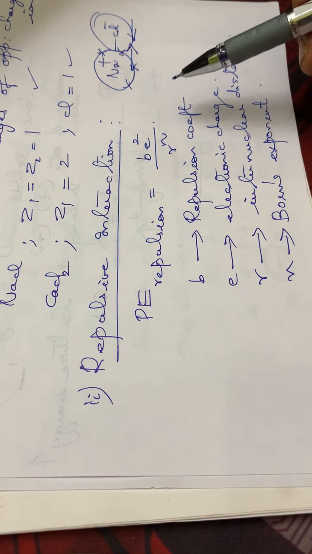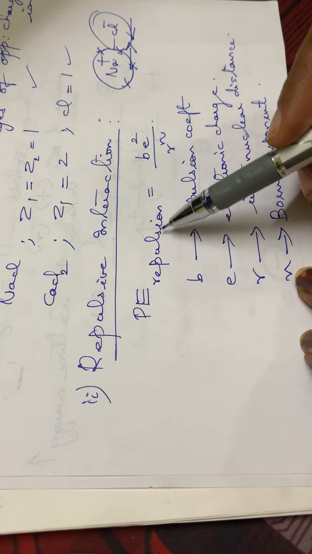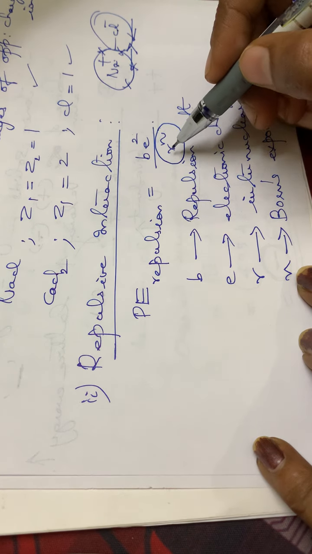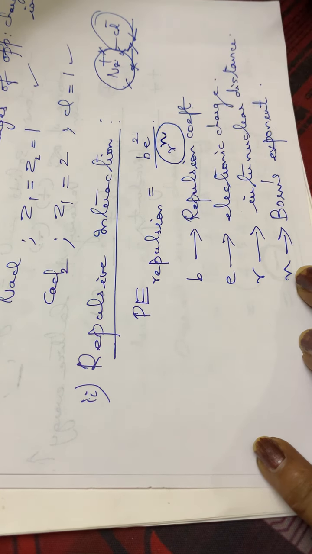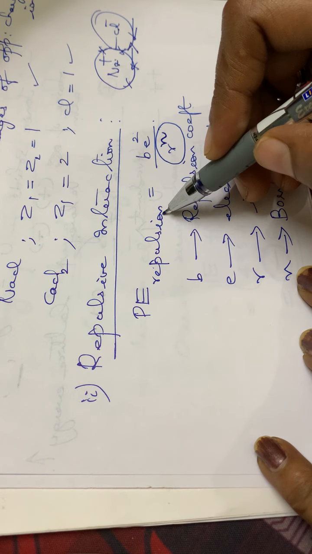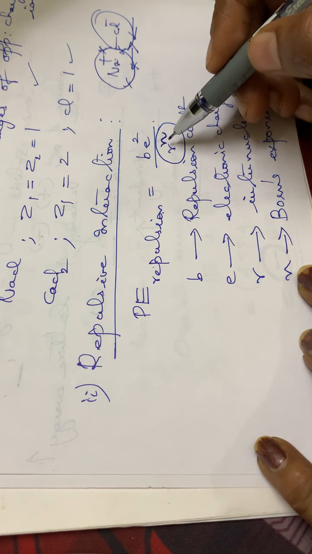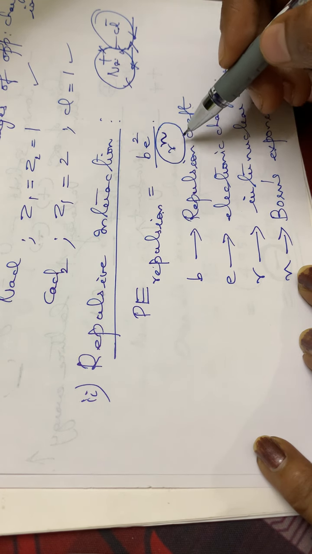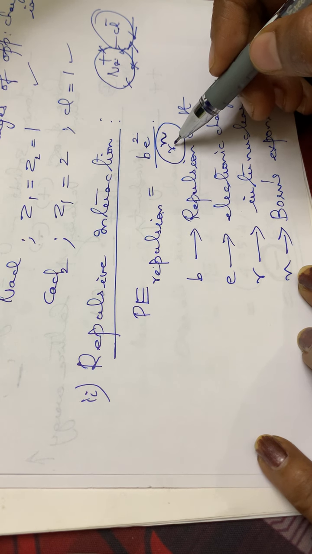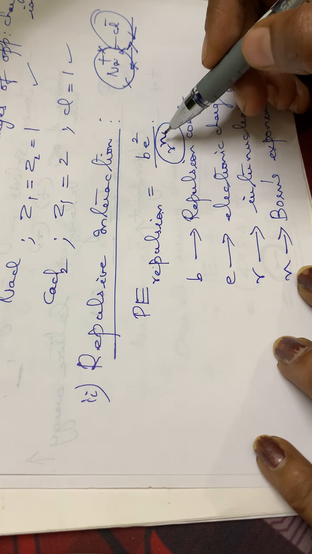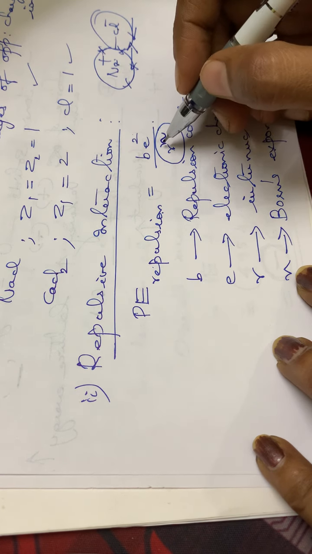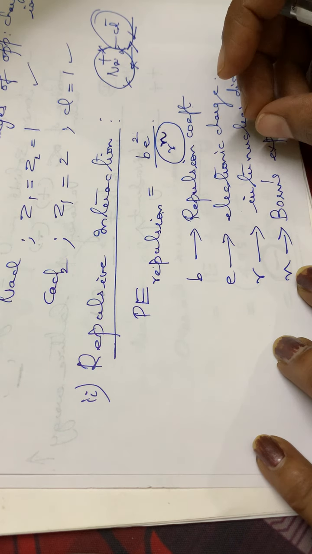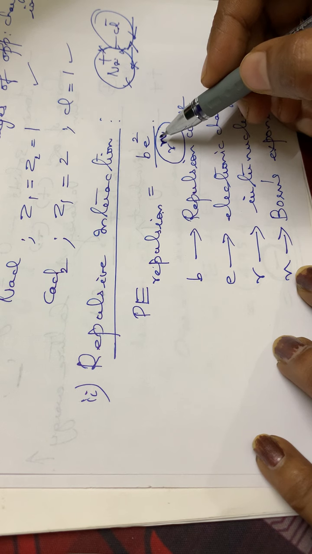See here in this formula, we can see that the potential energy due to repulsion is inversely proportional to what? It is inversely proportional to the nth power of the internuclear distance, isn't it? See here, this nth power of the internuclear distance means it will be a very big quantity, isn't it? It is a very huge value. So as the internuclear distance increases, taking its nth power means it is a very big quantity.